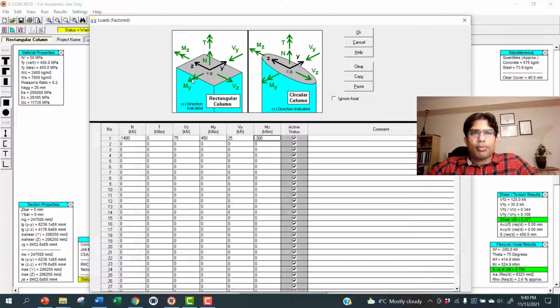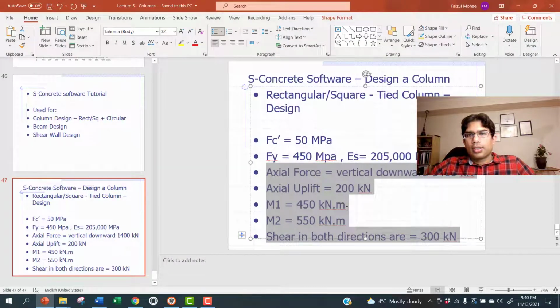If moment plus My is towards this way, then minus My is that way, and for Mz, plus is that direction and minus is this way. In this case, we are assuming that My is this way and Mz is that way, so then we are putting plus.